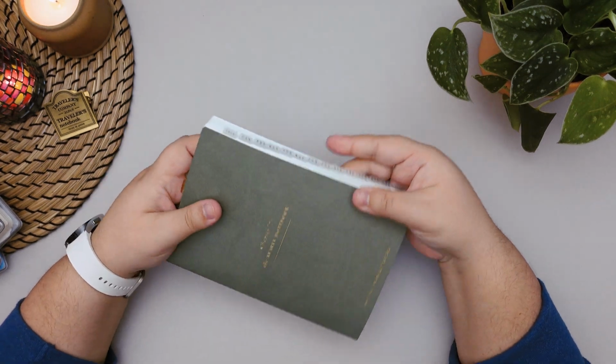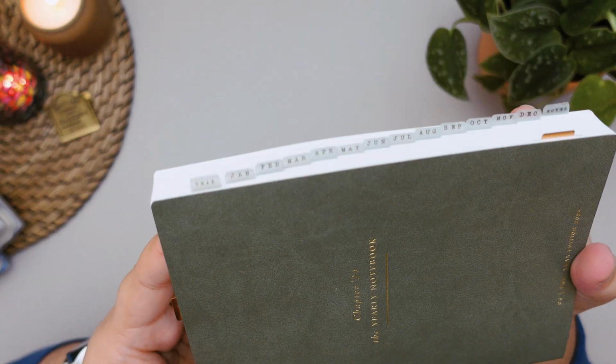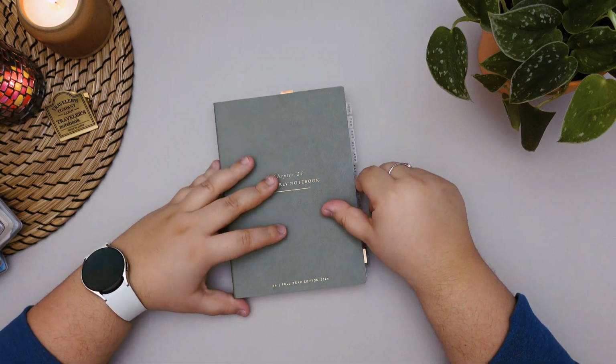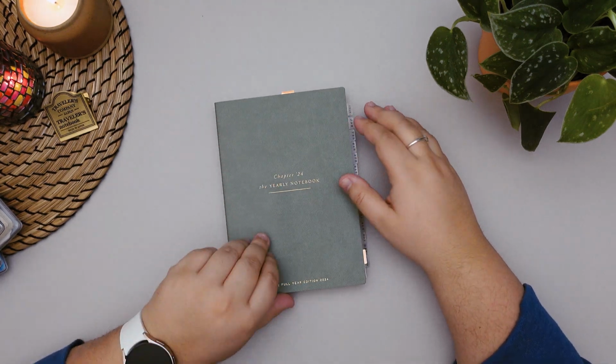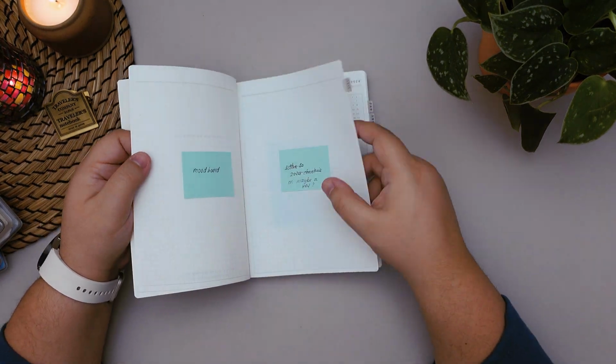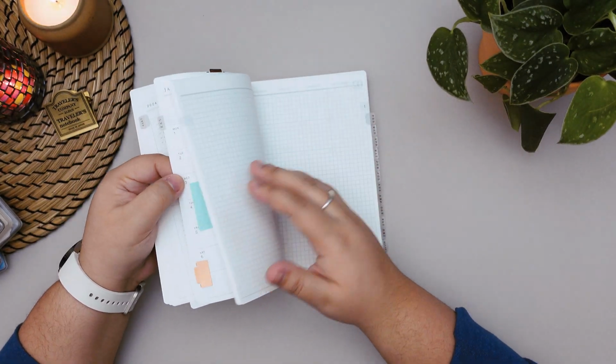I have already set up the tabs, if you can see here. I did that off camera because it's a little too difficult. But other than that, I haven't really done much of anything else in here. I'll show you what I have done, what I'm planning on doing, and then we'll work through some of the